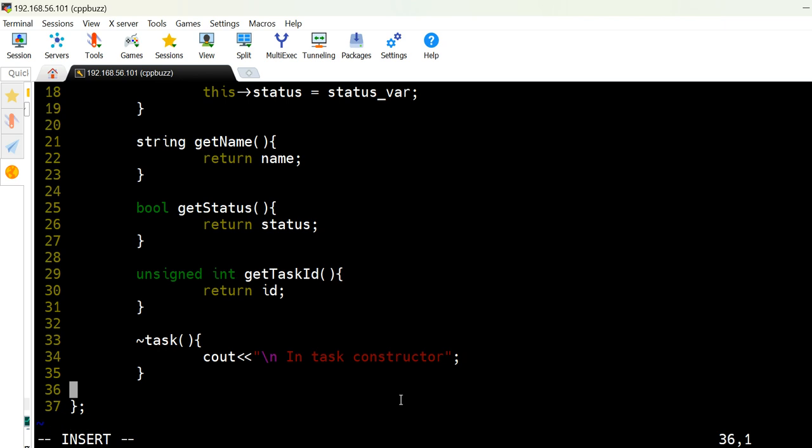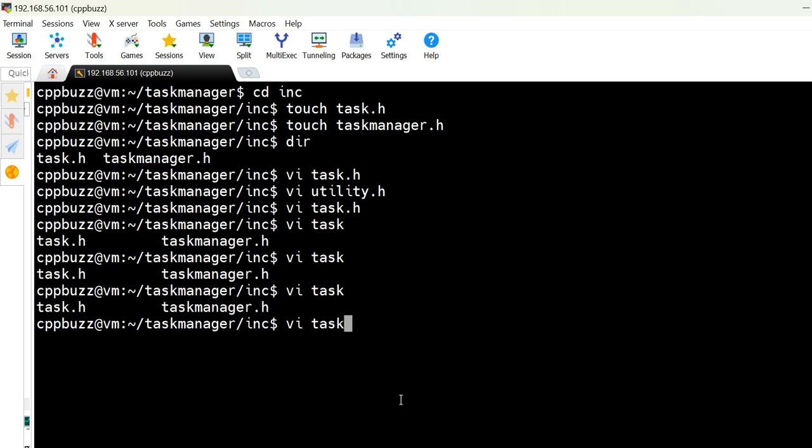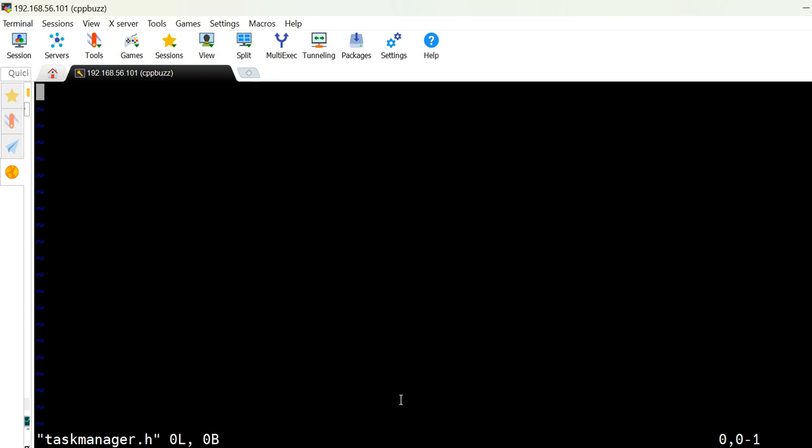So I have this class ready, and let's create another class, that is task manager. So in task manager.h, okay, I'll go to insert mode by pressing I. I'm in task manager. I'll start with task manager,